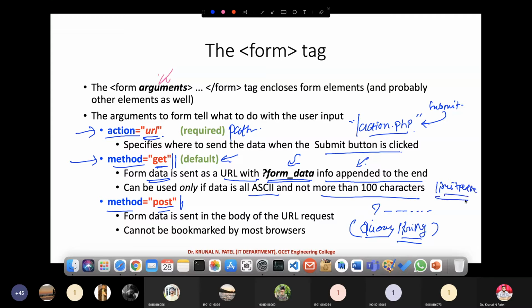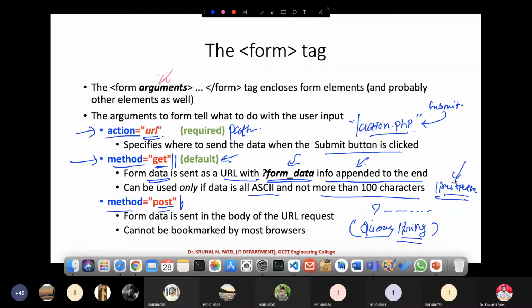There is a limitation. Only a limited amount of data can be sent through the GET method. Suppose instead of username and password or first name and last name, I'm filling up a registration form. A registration form can contain a lot of information.